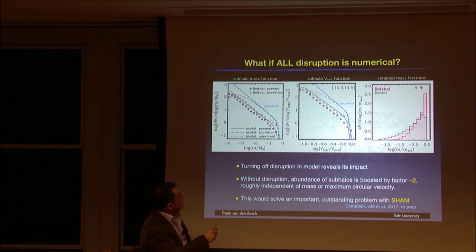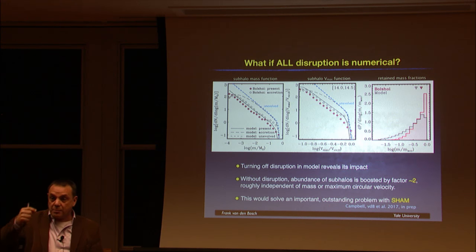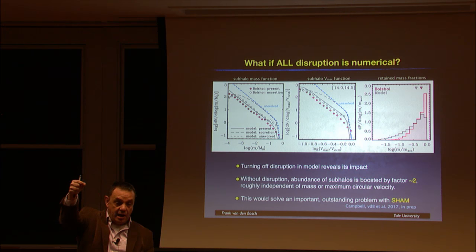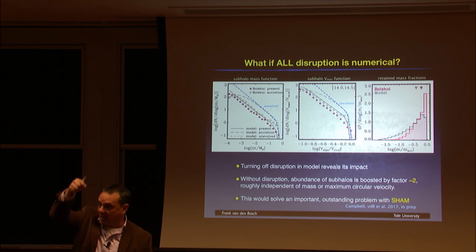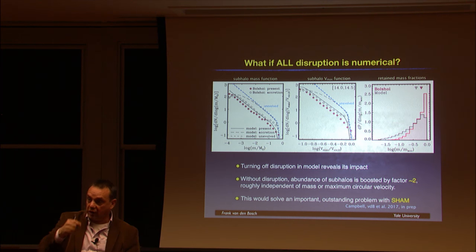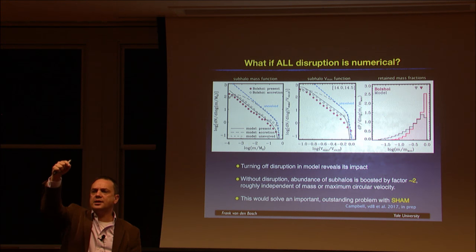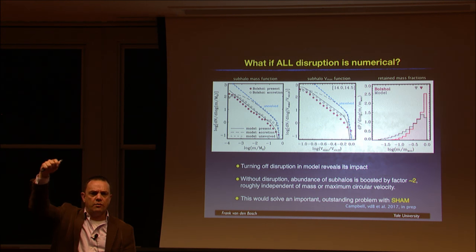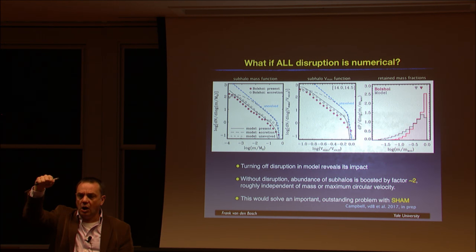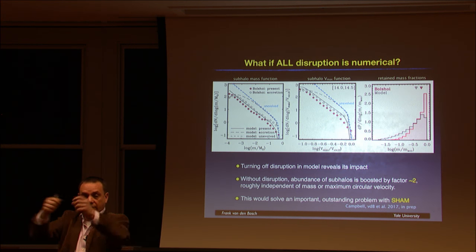But this is huge for small-scale clustering. In fact, in subhalo abundance matching, there is a problem. If you just abundance match onto the mass of a halo, assuming a relation between halo mass and stellar mass, you underpredict the clustering on small scales quite dramatically. How do people solve that? By assuming that the stellar mass abundance matches to V peak, the maximum circular velocity the halo ever reached over its life. Turns out that's a fairly stochastic variable, which has to do with when the halo had its last major merger.